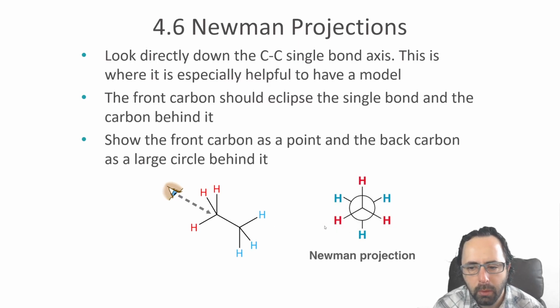For example, the Newman projection is very useful when you're trying to make sure that certain atoms are in certain positions relative to one another, or the molecule needs to be rotated in order to get the atoms in that position. This is especially useful in elimination E2 reactions, in which you must have a hydrogen atom and a leaving group in the same plane for the reaction to occur. The way that a Newman projection is drawn is that if you're looking at a molecule like this one from left to right here,